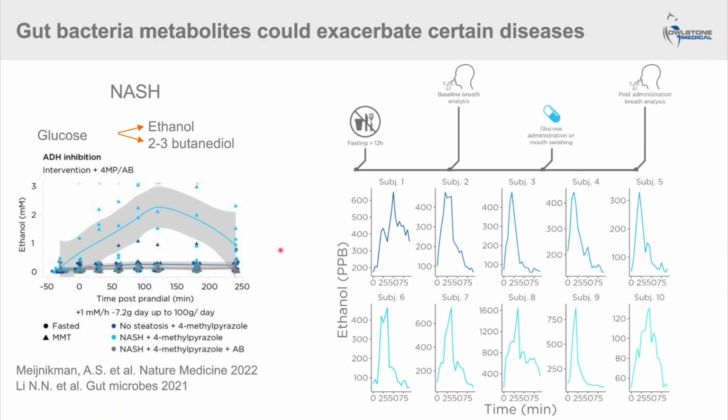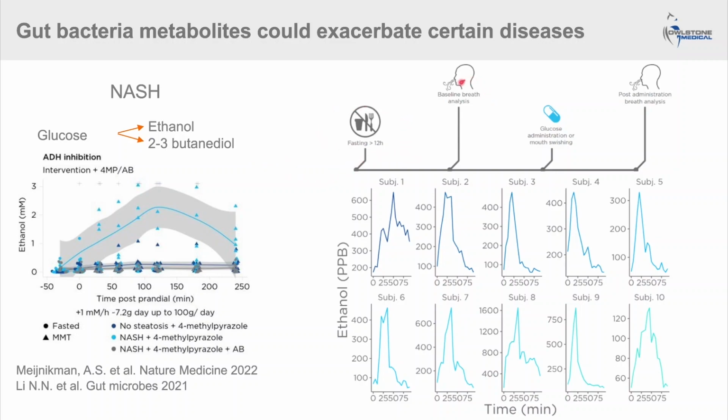So moving on from the liver, we looked also at metabolites generated in the gut, as I showed you before. In particular, we have seen already this experiment. And so we posed the question if we could translate this approach, instead of measuring ethanol in the blood, we can measure the ethanol in breath.